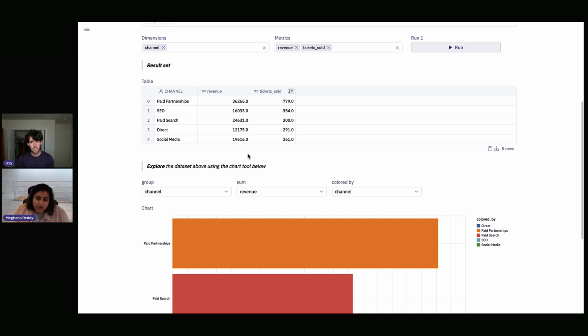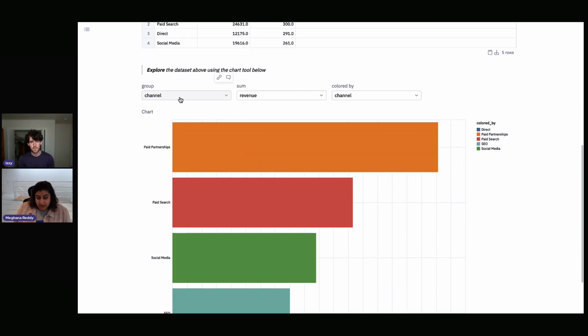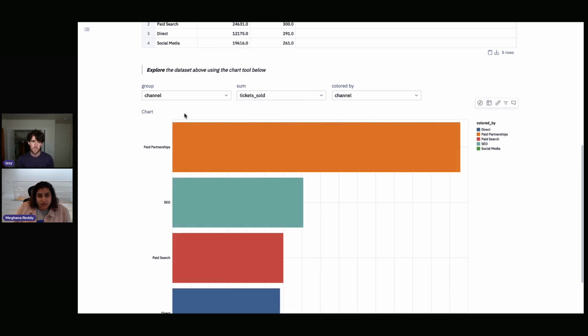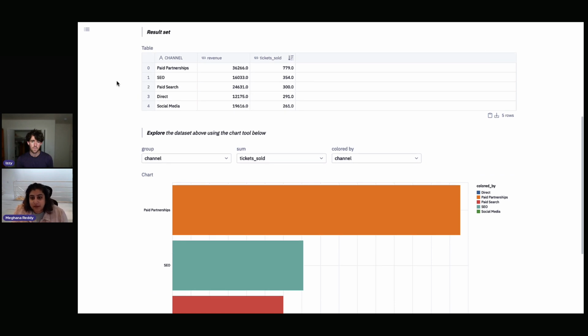And then one other cool thing that we did was a little bit of hacking on this chart, where it also is dynamically setting the X and Y axes and the group bys and the sums. So these are all things you can toggle as well. If we jump over to the query builder, there's something specific that I want to show you all in terms of how this works.